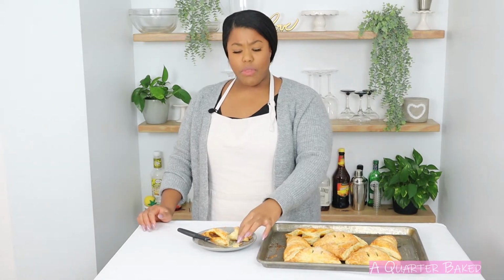It's very festive and very delicious. These are one of those things, they're so festive for fall, I could only eat them in fall, like October, November, and then that's it. I need to savor them in those months, so I can't eat them the rest of the year because they're that good. It's like Thanksgiving food, you know, you got to preserve it for once a year so you can